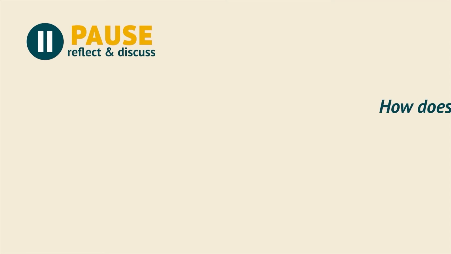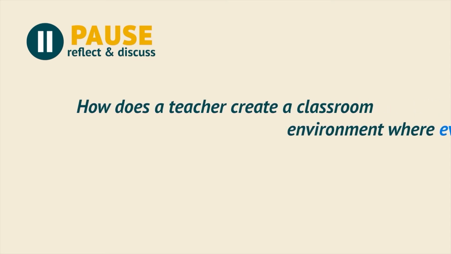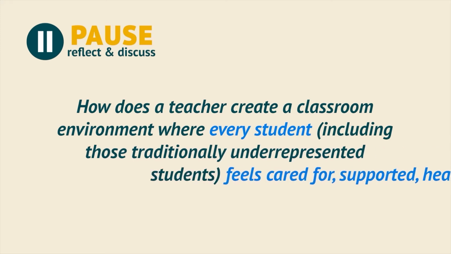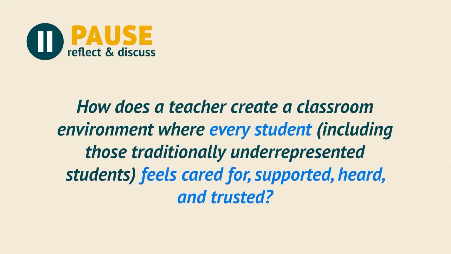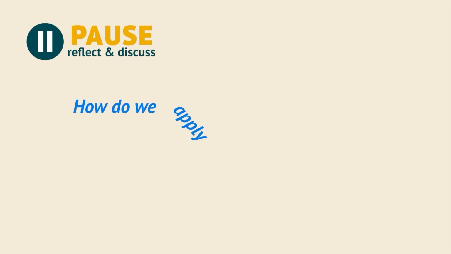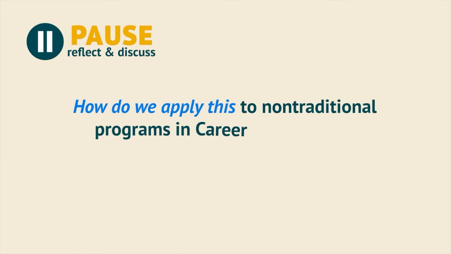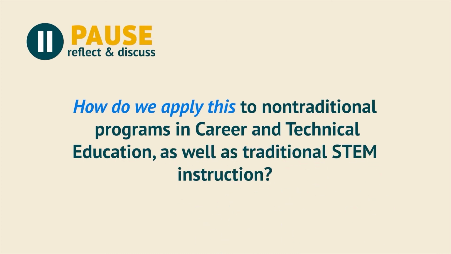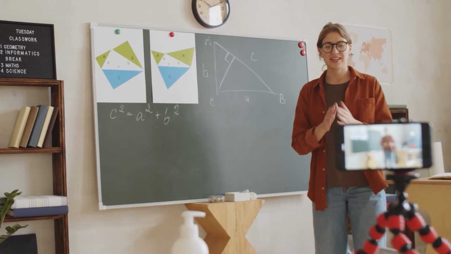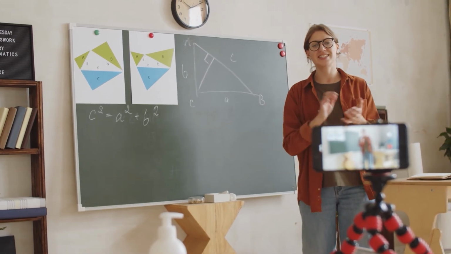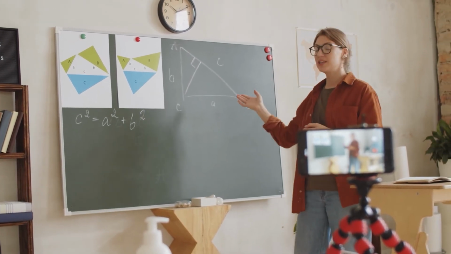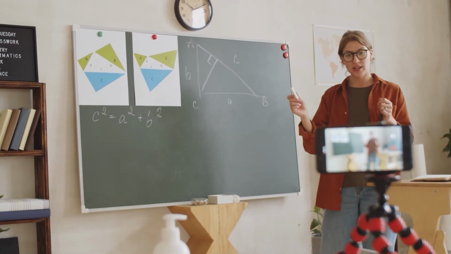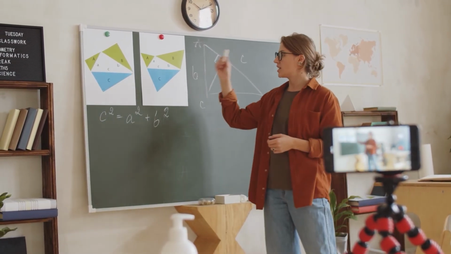How does a teacher create a classroom environment where every student, including those traditionally underrepresented students, feels cared for, supported, heard, and trusted? How do we apply this to non-traditional programs in career and technical education, as well as traditional STEM instruction? Whether your classroom is face-to-face or virtual, traditional for the student by race or gender or non-traditional, being aware of the student's state of mind and being able to adapt accordingly is a major part of what shapes